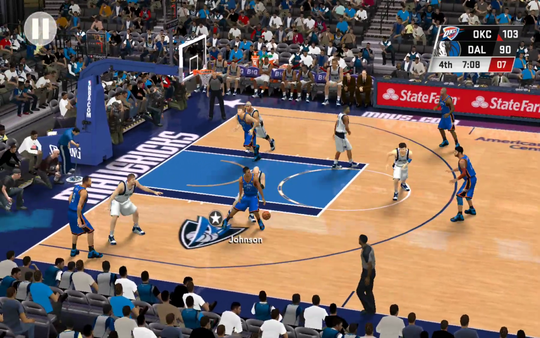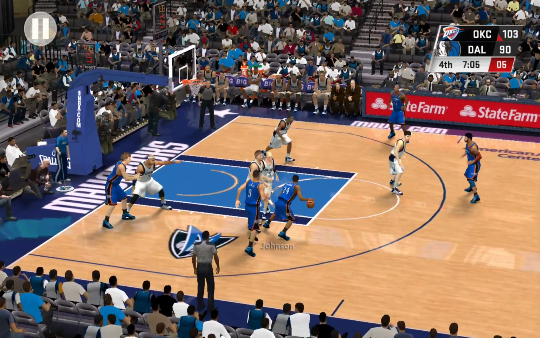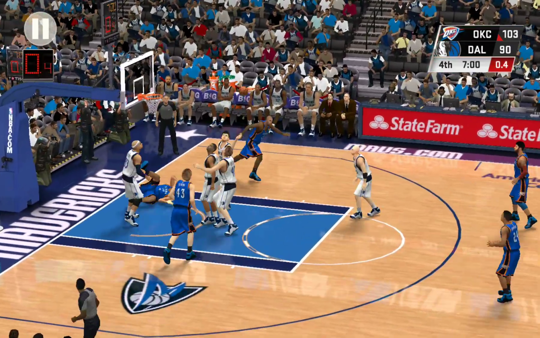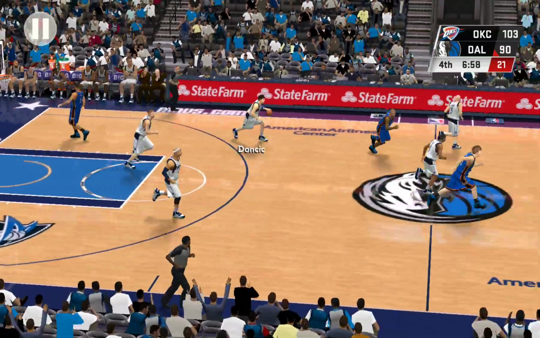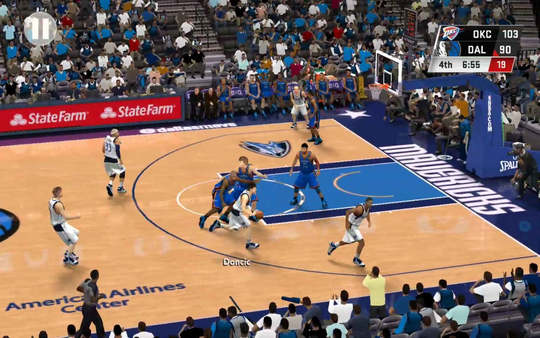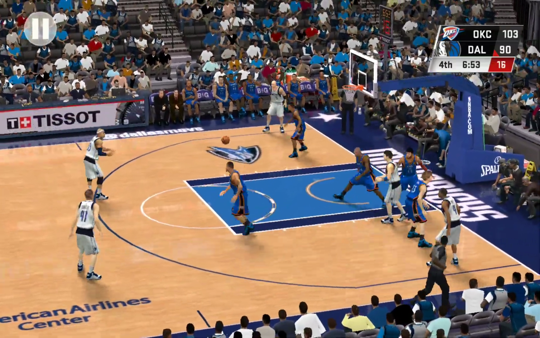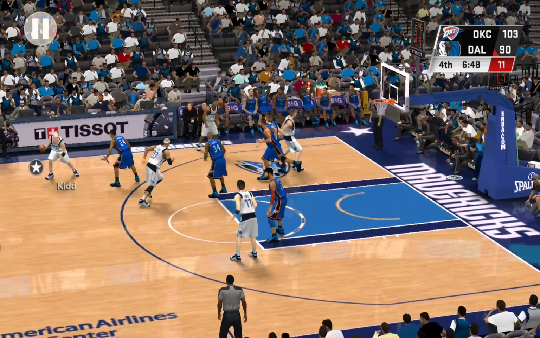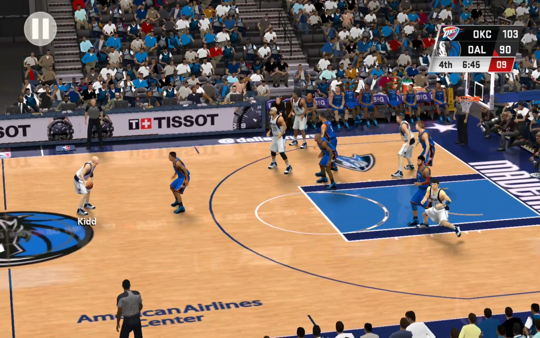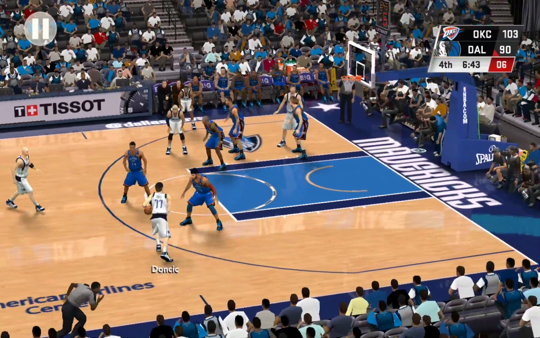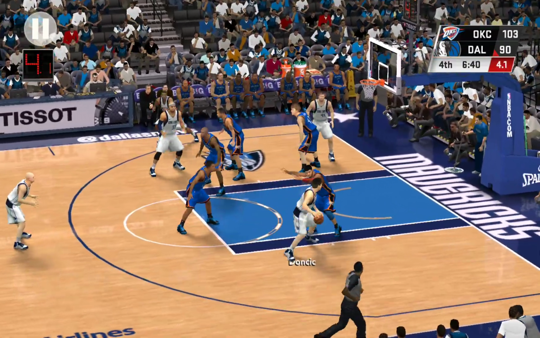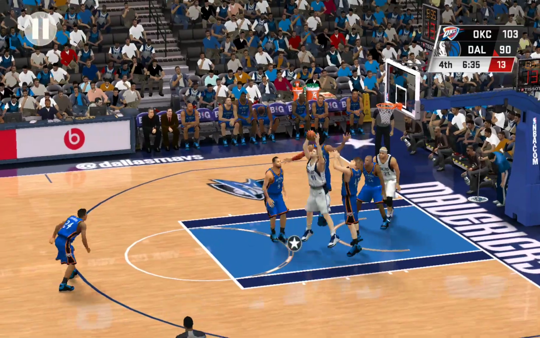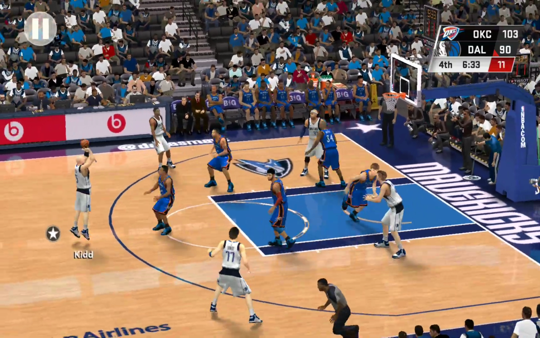Pass to Johnson. Johnson left side. Just 5 on the clock. Here is Hayward. Now Kidd. Shoots the 3. Nowitzki inside.